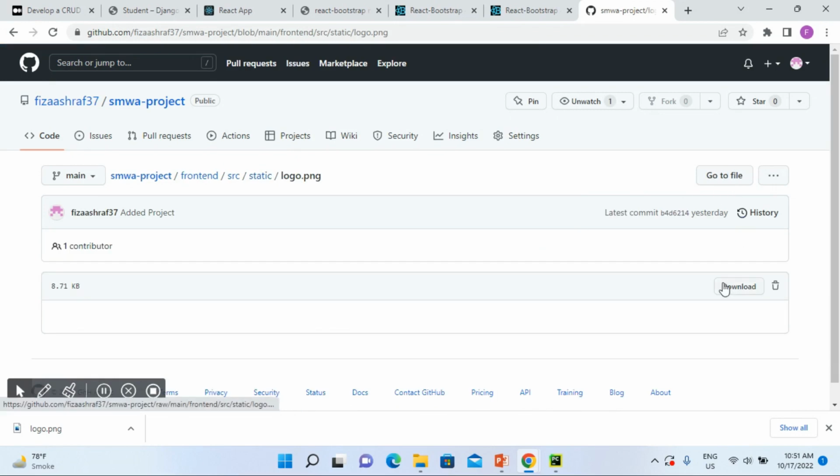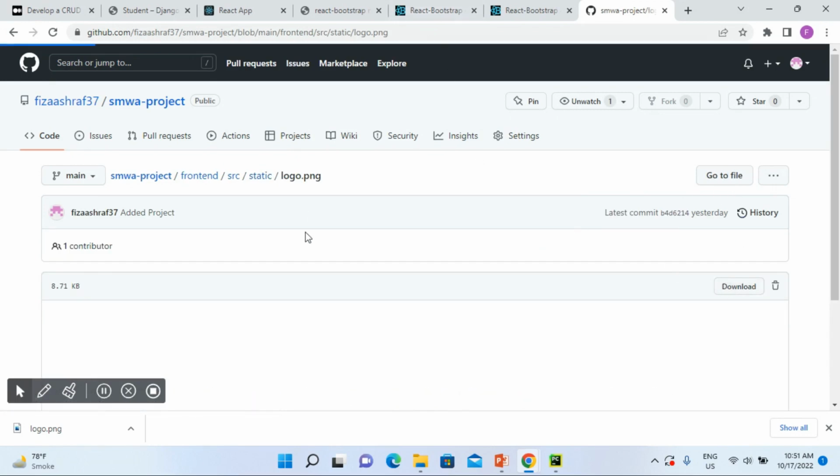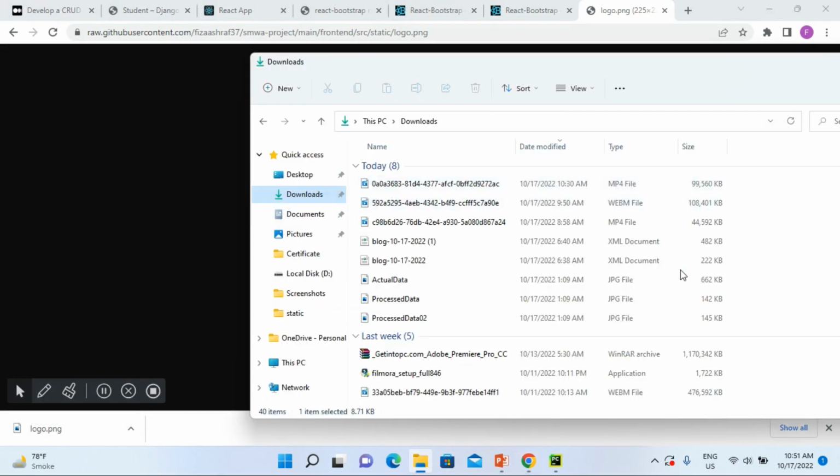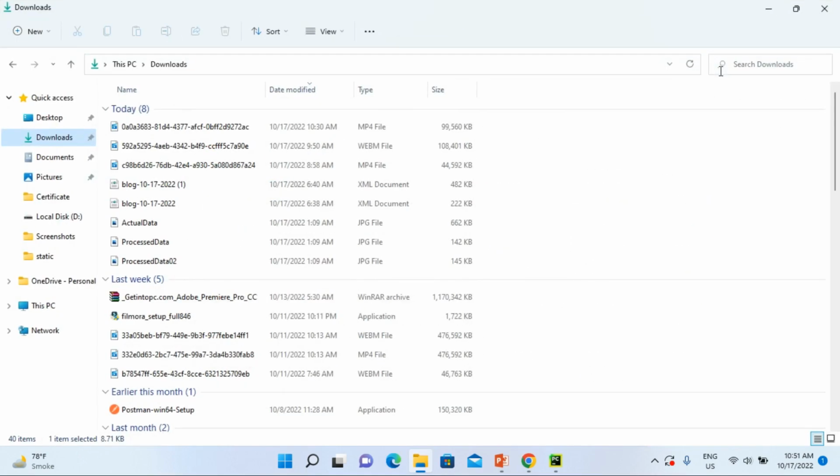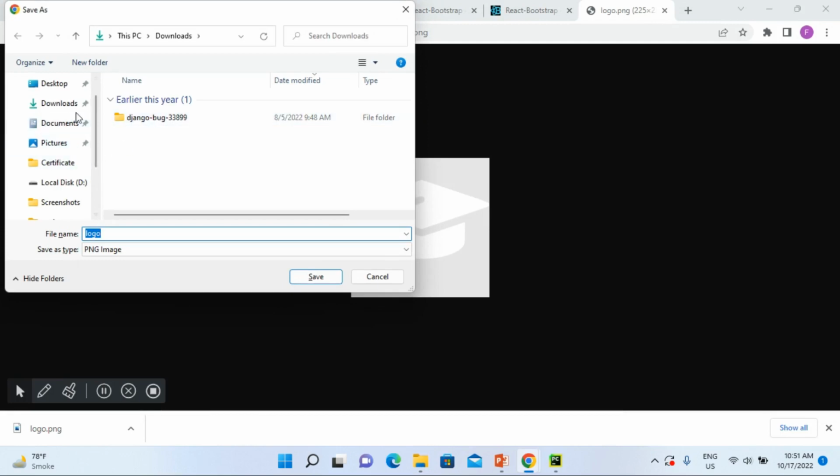I'm gonna download it. Okay, I think I have already downloaded it here in my downloads. No, I don't have. So I'm gonna save it in my downloads folder,